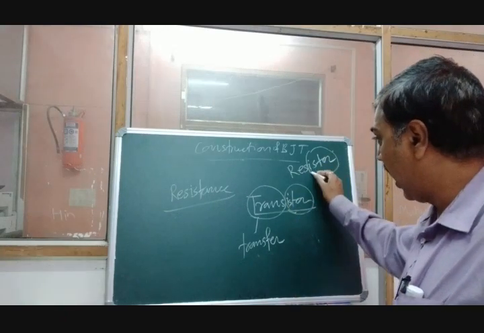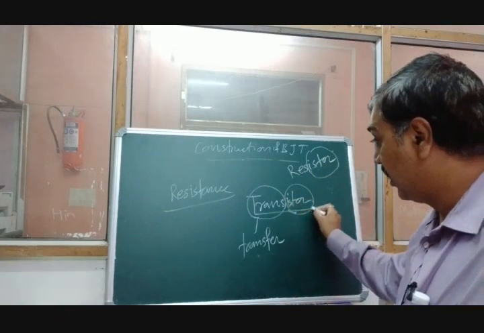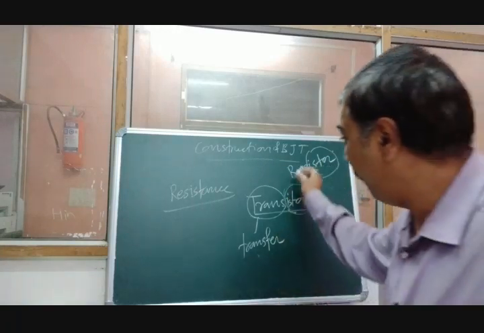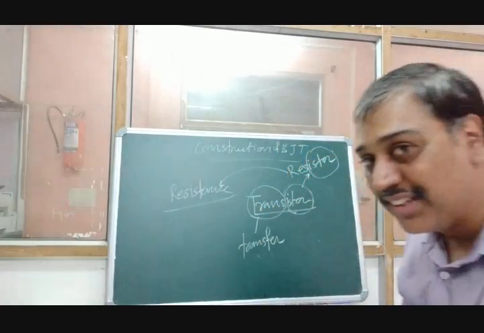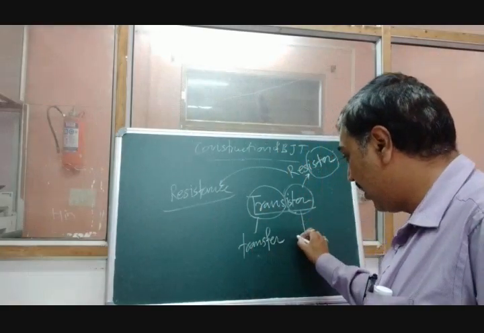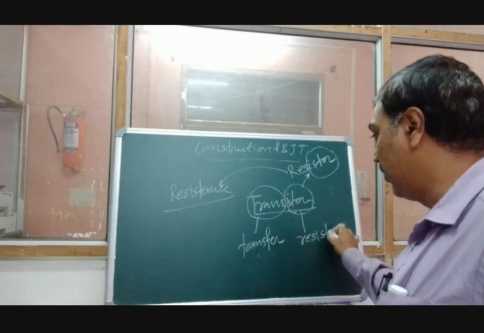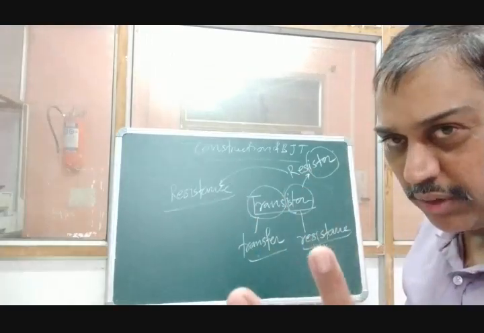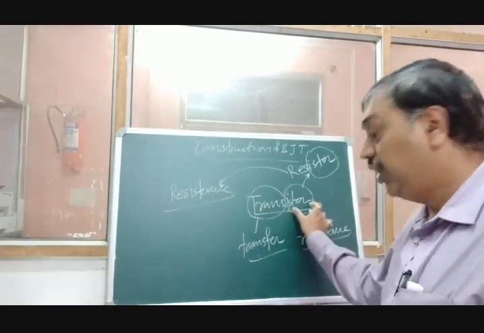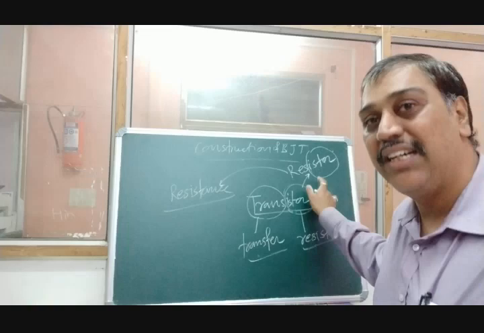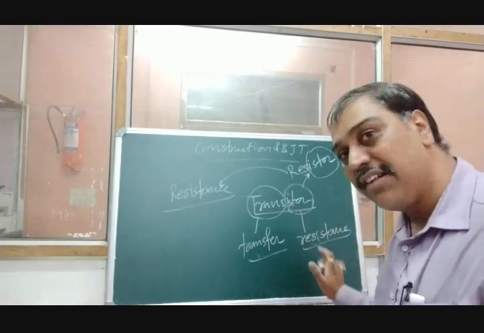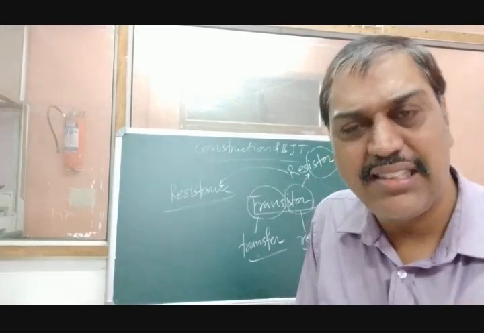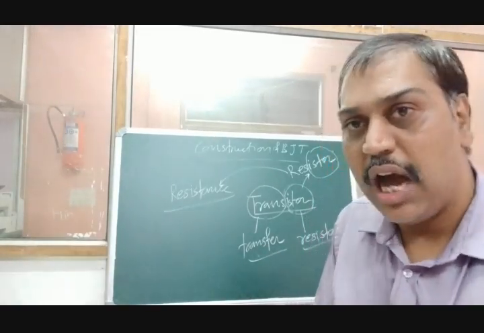If you take this part, I-S-T-O-R, this corresponds to a resistor. And a resistor has the property of resistance. So what is this actually? Transfer of resistance. That is said to be a transistor. Transistor consists of two words together: trans for transfer, istor for resistor, meaning it has a resistance. So transfer of resistance is done in the device, that is said to be a transistor. What exactly it is, we will see later in the working of the transistor. I hope you got this.